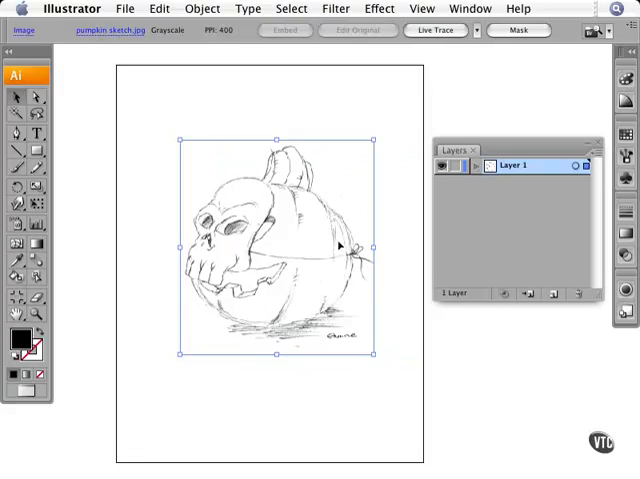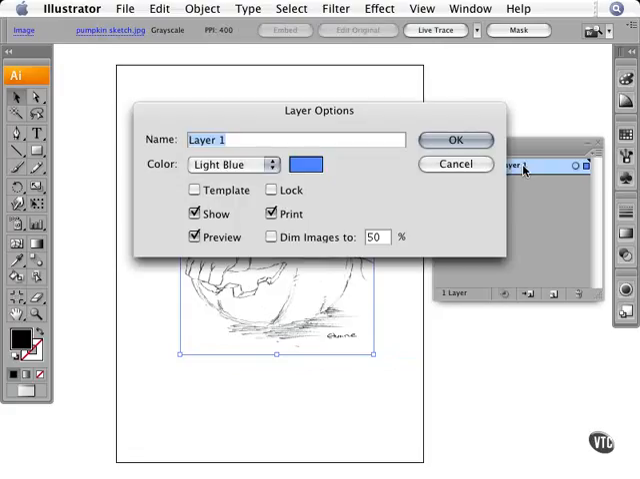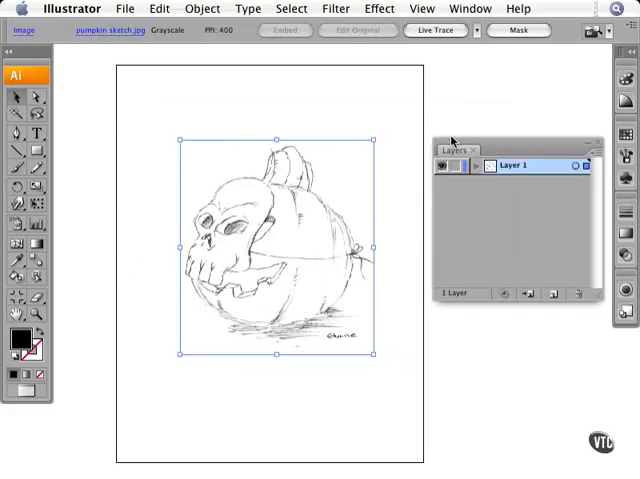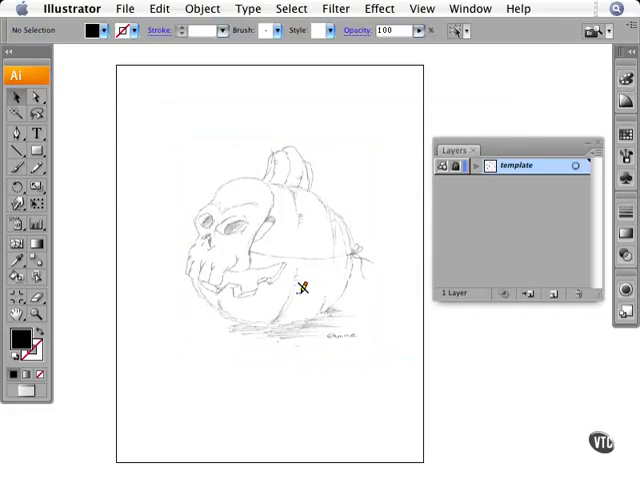Now the most important thing to me when I'm working is organization. So I'm going to double click where it says Layer 1. I'm going to rename this Template. And then I'm going to click Template to lock this layer and click OK. I can no longer manipulate this layer. Now I'm going to zoom in